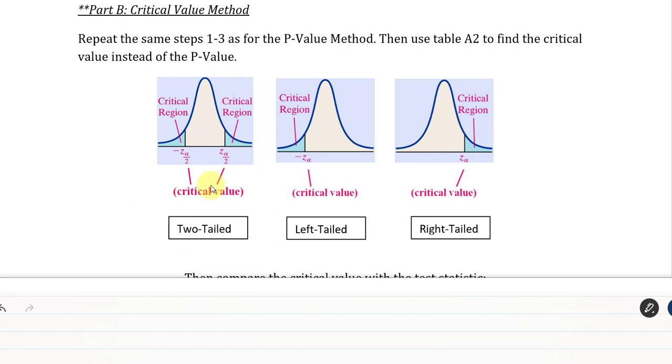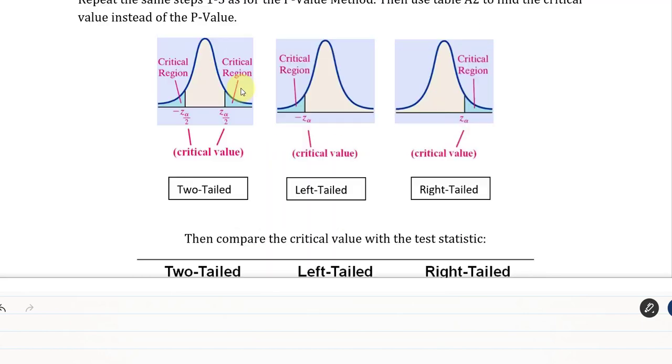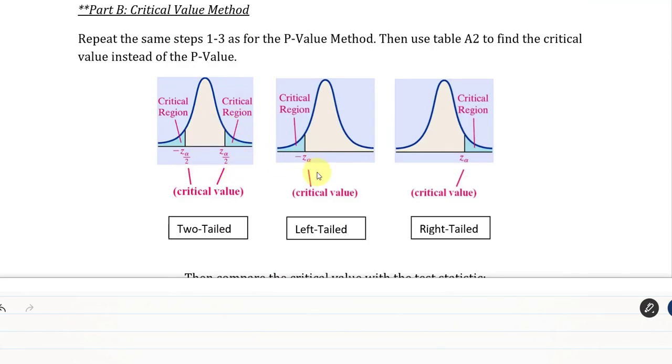For the two tails, we would need to find the critical value z alpha over 2, and minus z alpha over 2. The right area is the critical region, and the same thing for the left area. The left tail has the left critical region, and the right tail has the right critical region. Okay, so we have to compare the critical value z alpha over 2 for the two tails, or z alpha,